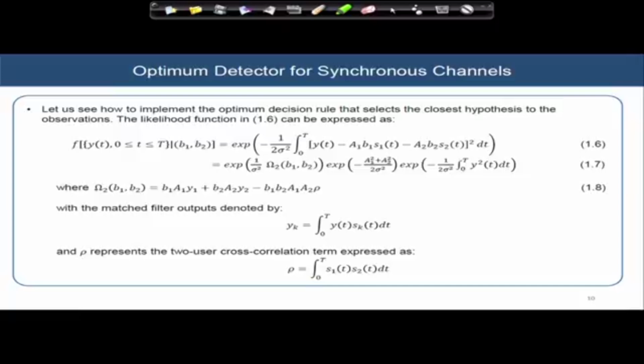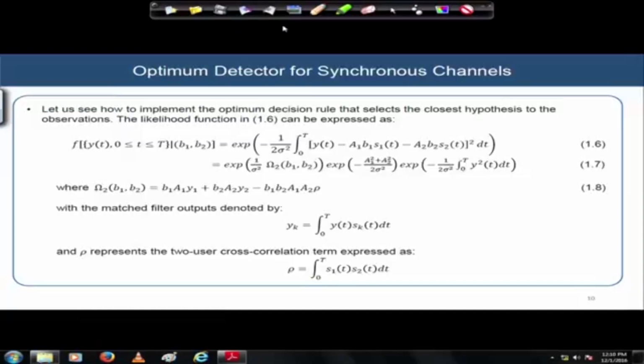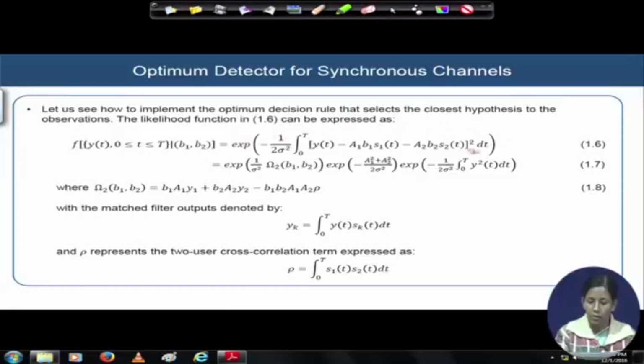We understand that this is the likelihood function we have seen a few slides back. It is not the maximum likelihood function, sorry, it is the likelihood function based on which the decision is obtained on B1 and B2. I can also write this expression like 1.7, where the factor big omega 2 can be expressed like this,